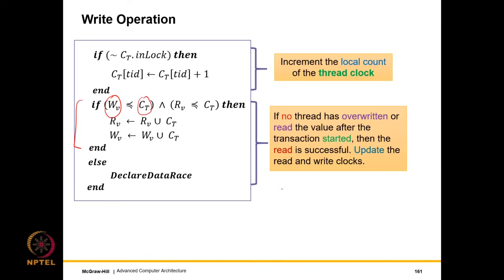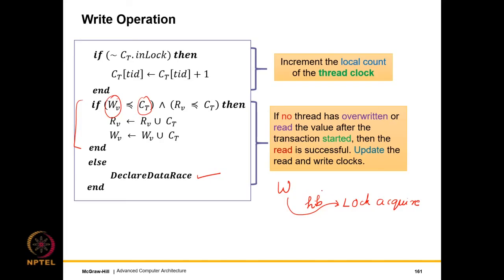As we have argued, any previous write to the variable has to either be equal to the current time of the thread or precede it. If that's not happening, this means there is no happens-before relationship between the earlier write and the lock acquire event of the current critical section. And given that there is no happens-before relationship, that's why this is not holding. So if this is not holding, we quickly declare a data race, right?